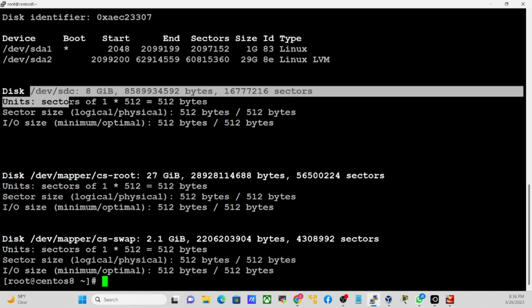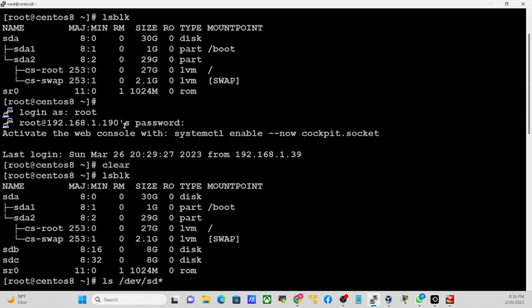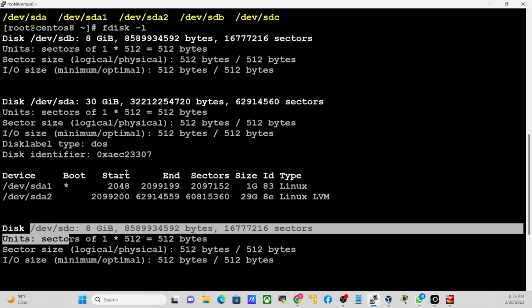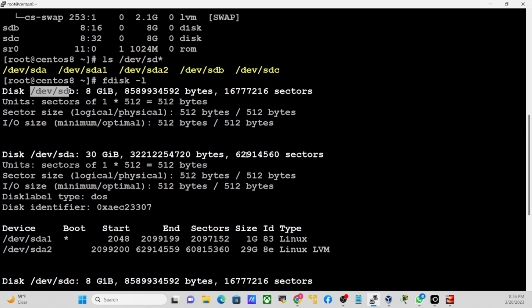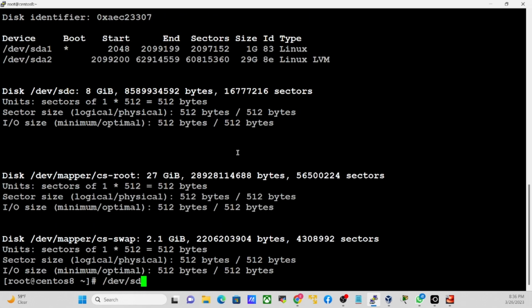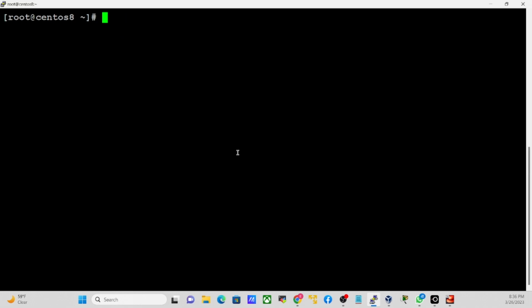You have sdc, sda, and its 2 partitions, and you have sdb right here. So let's invoke the fdisk command to add on sdb. So we will do fdisk